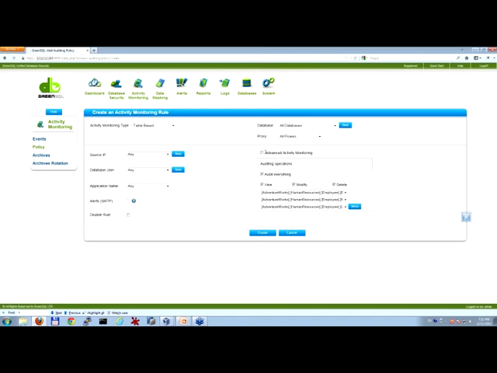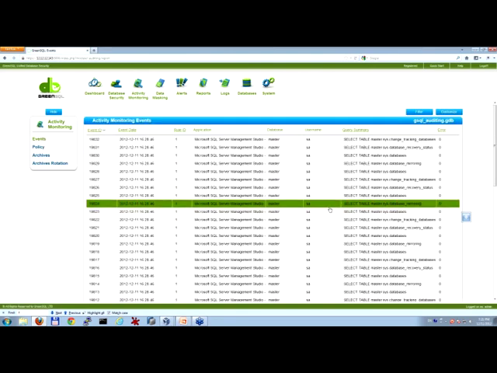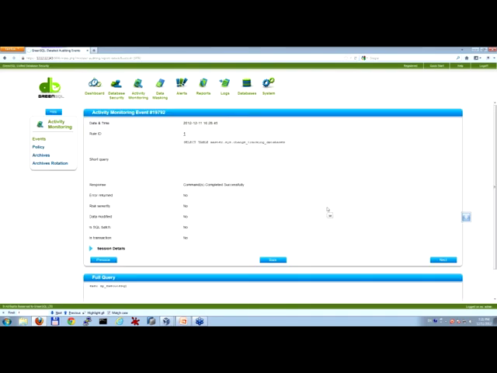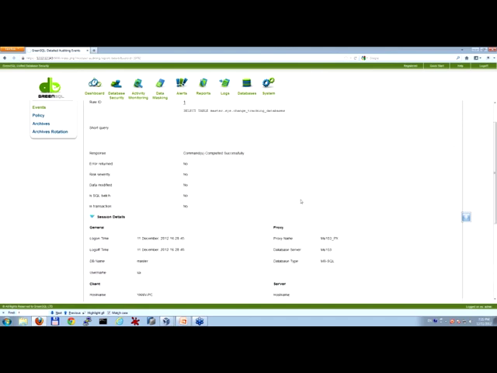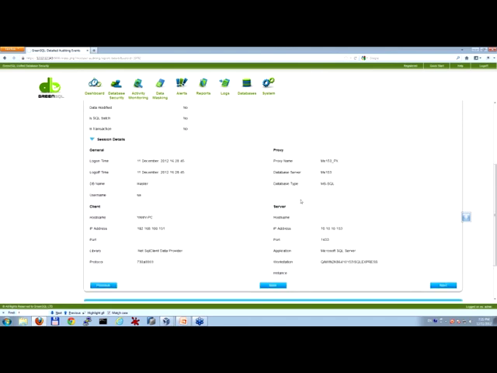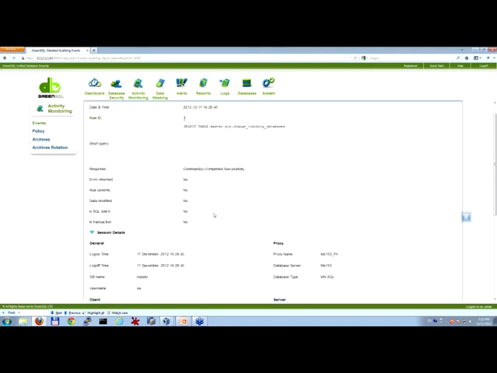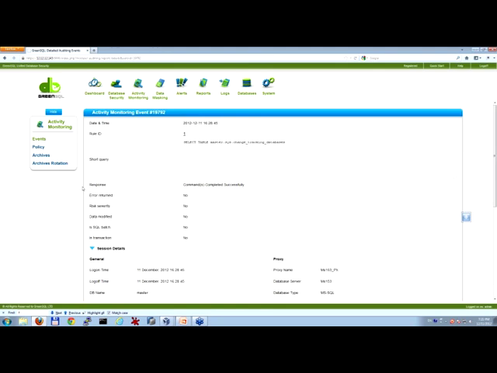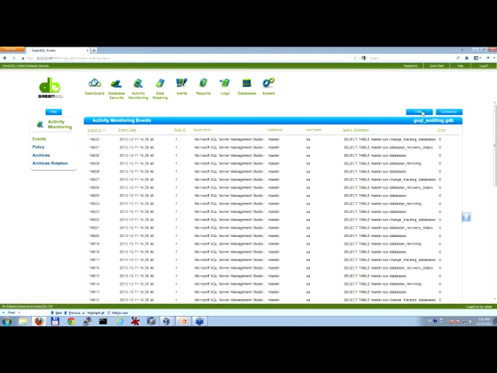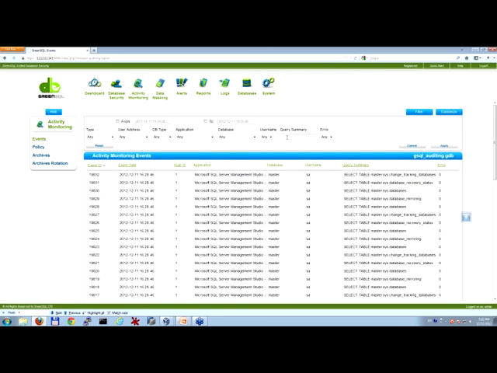Using the advanced activity monitoring, what we call the advanced auditing feature, I will be able to see, and here for example someone ran a select command, exactly where the connection was initiated from, using which application the command was executed, from which IP address, using which credentials, which user, and to which databases the user connected. I can see if there was a batch inside of the command, and I can see more advanced information.